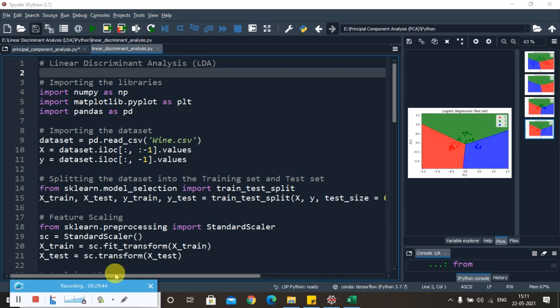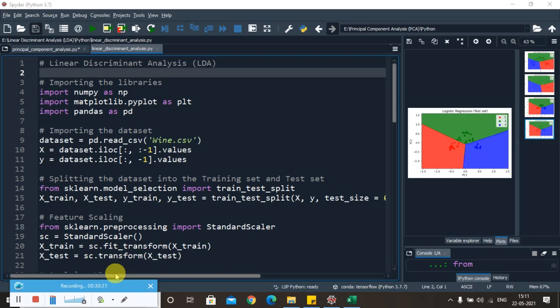To break it down further, the main goal of LDA is to project a feature space onto a smaller subspace k while maintaining the class discriminatory information. Both PCA and LDA are linear transformation techniques used for dimensionality reduction. PCA is described as unsupervised, but LDA is supervised. You know why? Because of the relation to the dependent variable. It engages the relation to the dependent variable, and that is the reason it is a supervised technique.